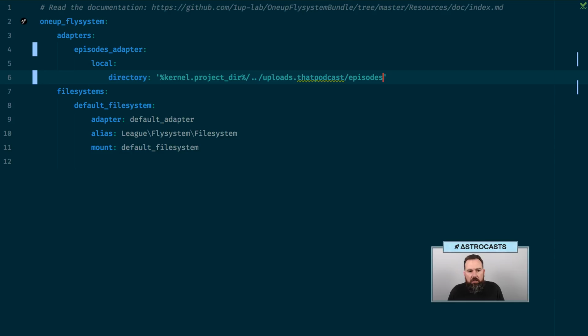I'm going to have to create this directory first, though I can look and see maybe it'll create it on its own for me, so I'll wait. Default adapter, it's going to be episode adapter, mount as episode,